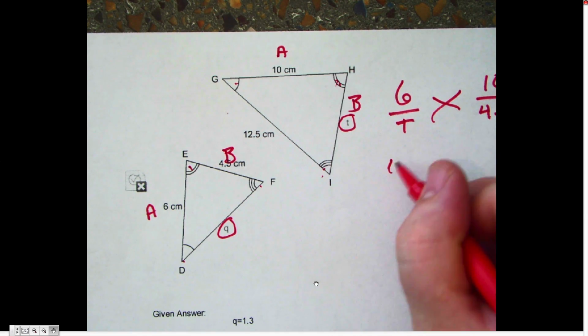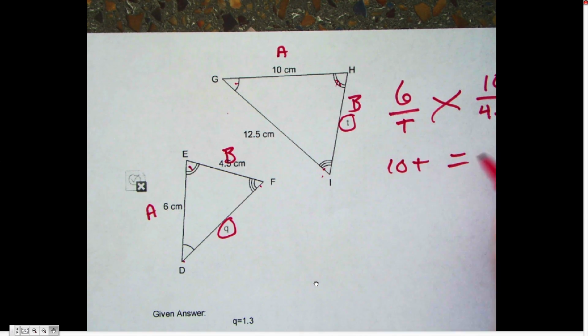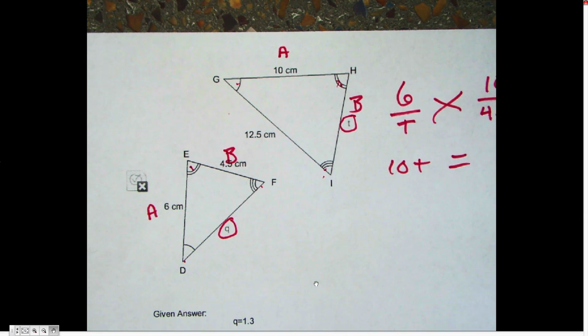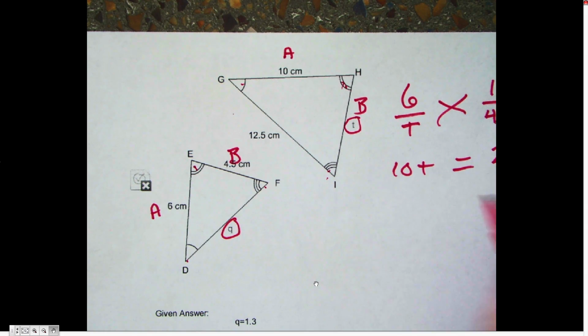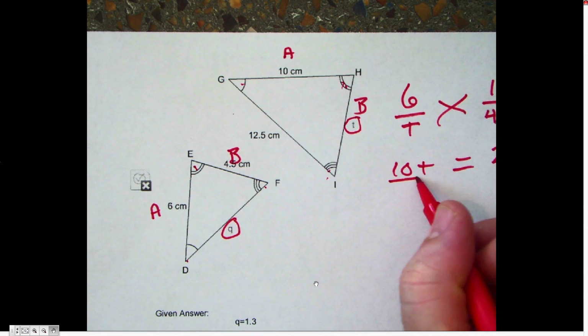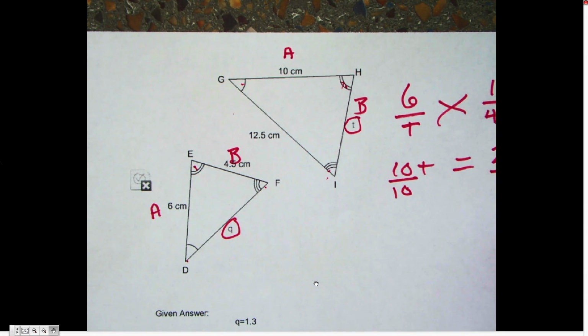And if we cross multiply, we'll get 10T equals 6 times 4.5 gives us 27. Oh no, 6 times 4.5. Okay, 27. Sorry, I'm one step ahead of myself. Now we're going to divide by 10, divide by 10. And we see that T is,